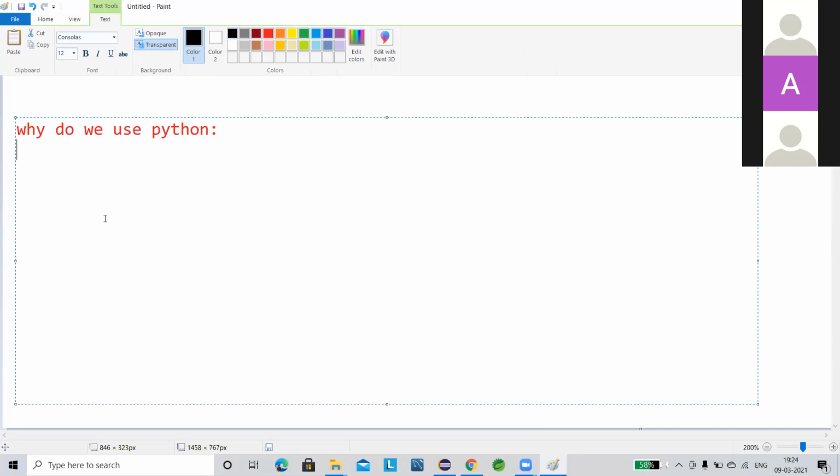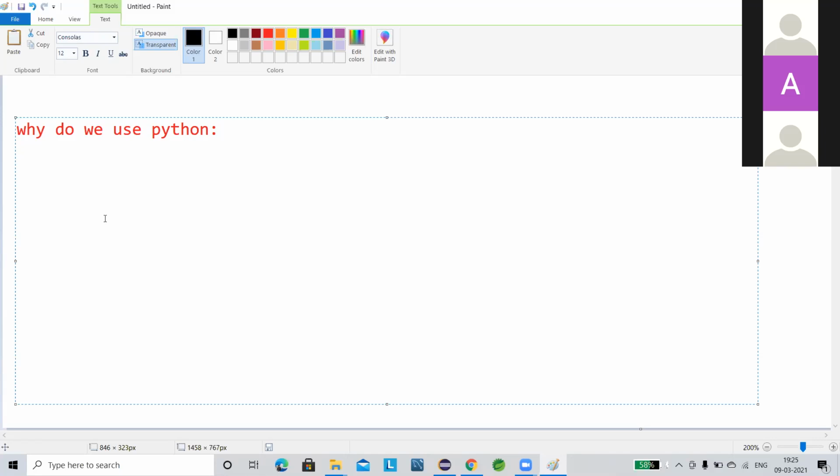Why do we use Python? This is the main question that came up: what is the difference between Python and Java, or C++, or any other languages? If Python is so familiar, then why are we still not using it for our software development purposes? Yes, some companies still do software development using Python, or web development. Web development is common, and some testing work is in Python.